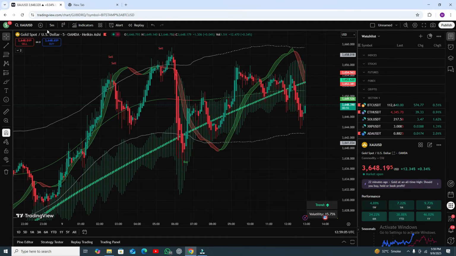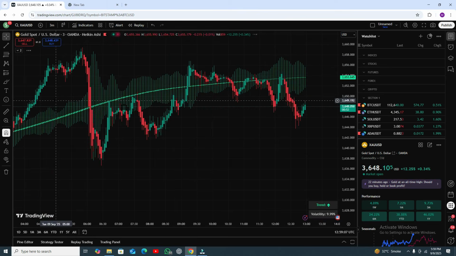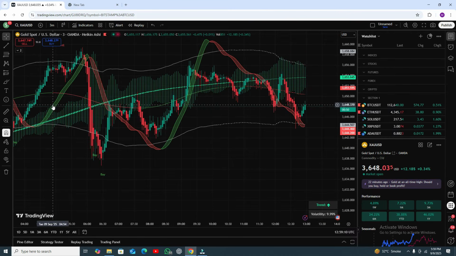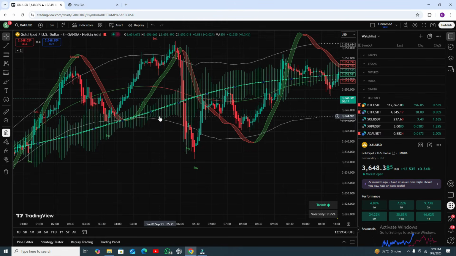Okay, let's move to the 1 minute time frame, because most of the audience demands an indicator that works perfectly on 1 minute, because most people like to trade in the 1 minute time frame. So that's why here you can see the RSI cloud was green, but it is in the market zone, or you can say in the cloud, and the RSI mix up. So here the market is in range, so you can go for buy and sell trades.